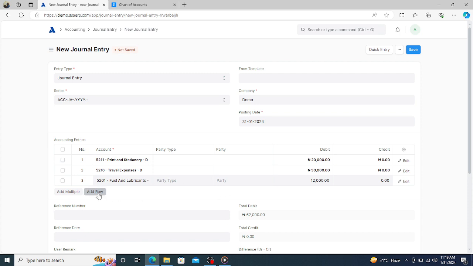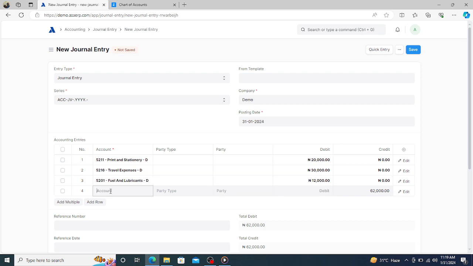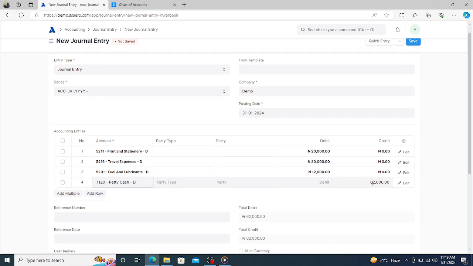Then the next thing is to credit the petty cash, the petty cash that gave those monies. You can see that 20, 30, 12 will give us 62,000. You can see it's on the credit side. You have to be careful with it. Then you now come down to your